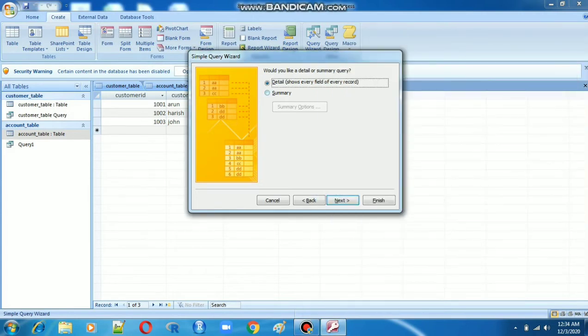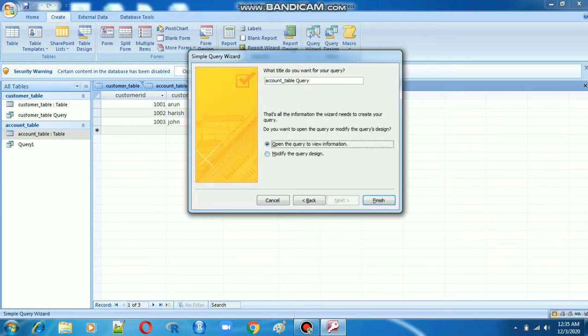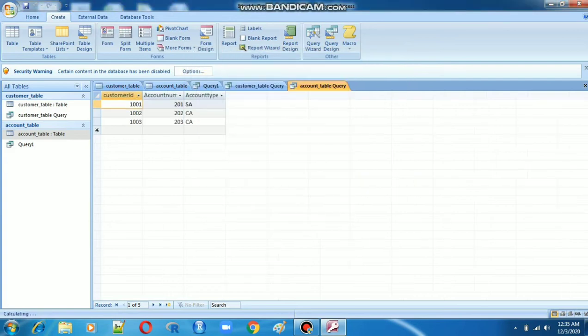Click next, and then we have to choose whether to show every field for every record, detail, or summary. Whatever you want, you have to select that. I have to select detail. Next, open the query to view information, click OK.